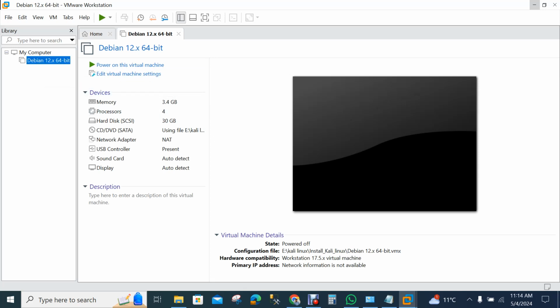When your installation is completed, you can easily power on this virtual machine, and here is all your hardware information.